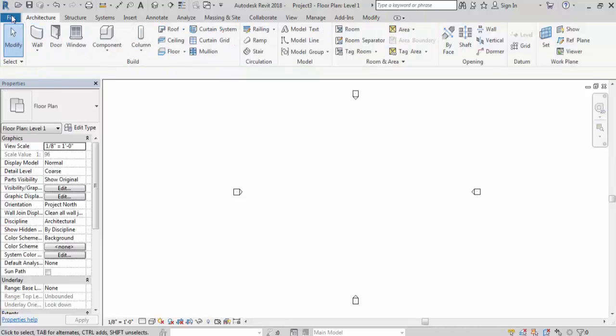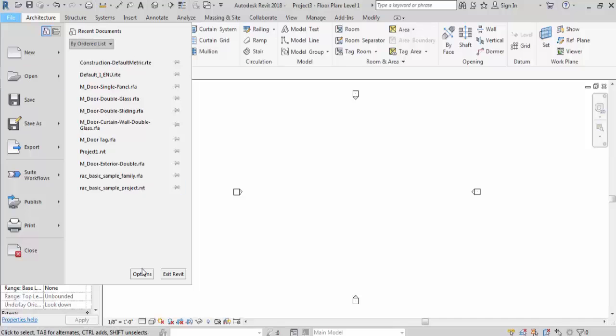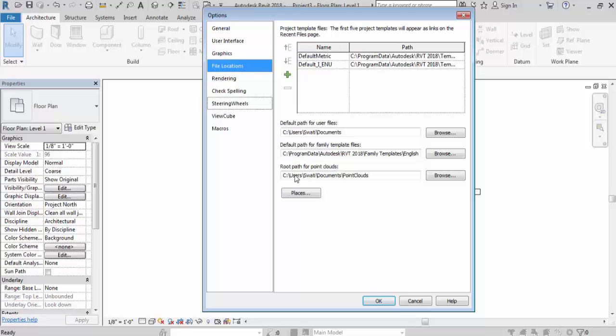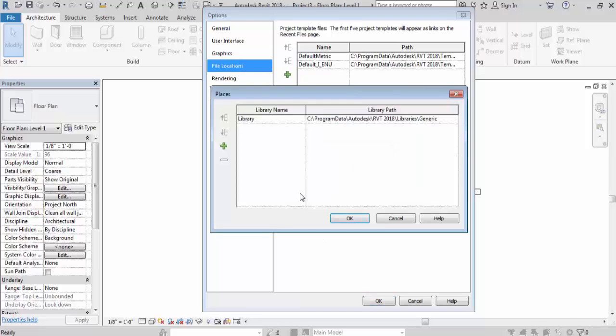For that, click on File, then click on Options, then click on File Locations, then this is Places. Click on this Places. Now this is our library. Right now Library is selected.